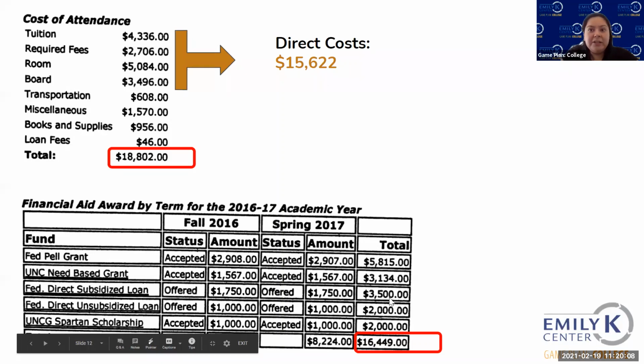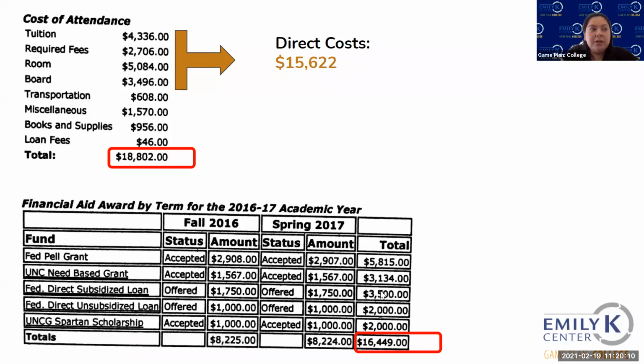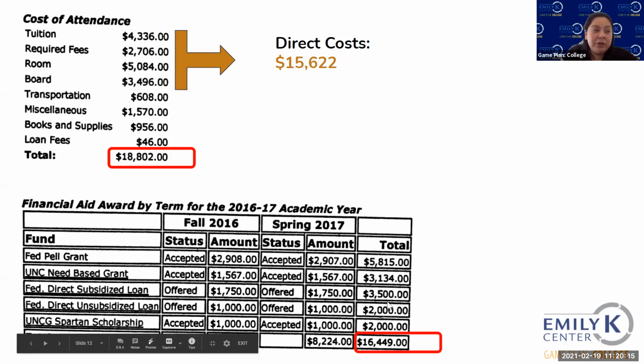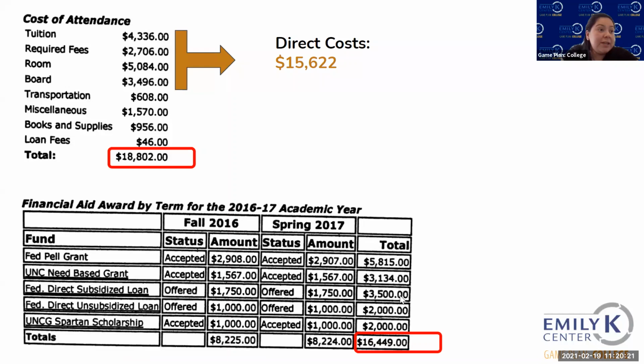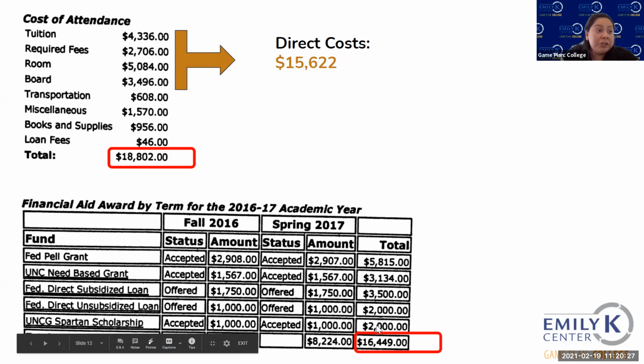These amounts are pretty fixed and pretty common for yearly based on the federal government and their limits for you as a first-year student. So you'll see these amounts quite frequently. So subsidized, $3,500, unsubsidized loan, $2,000. Now, I also have a $2,000 scholarship. That's free money I don't have to pay back. And so if I take a look at this or decipher it deeper,